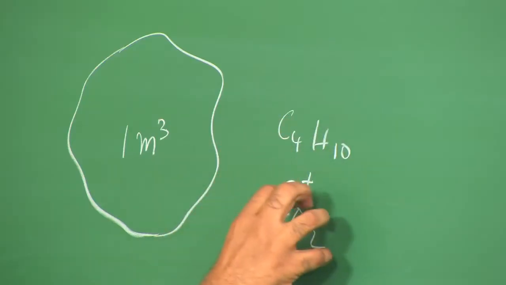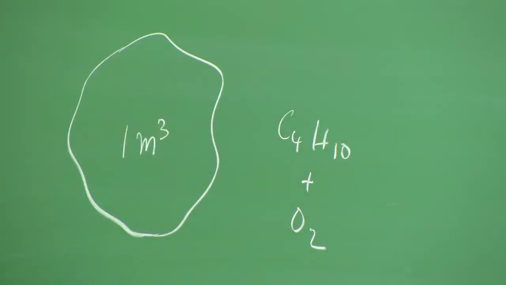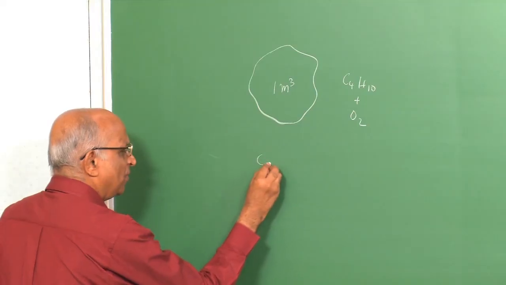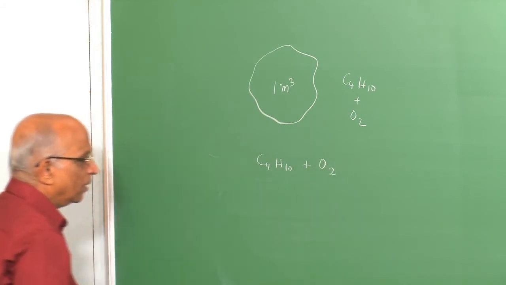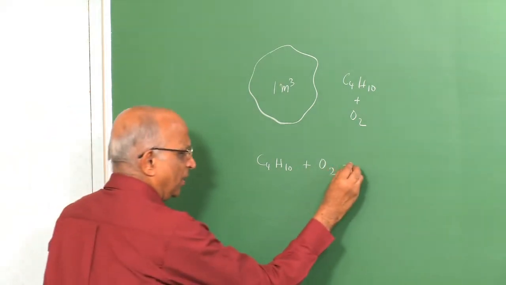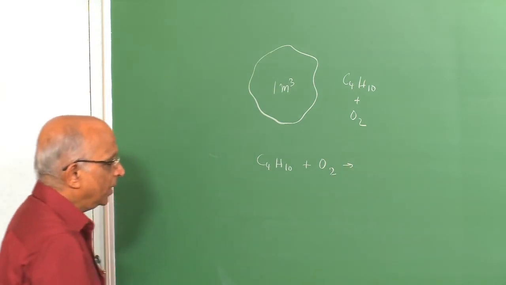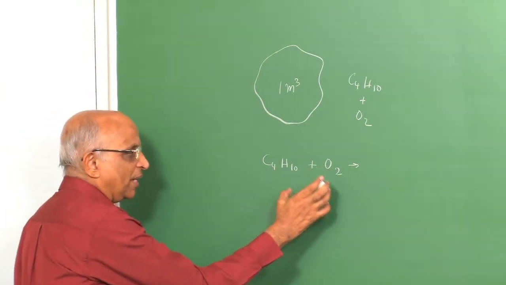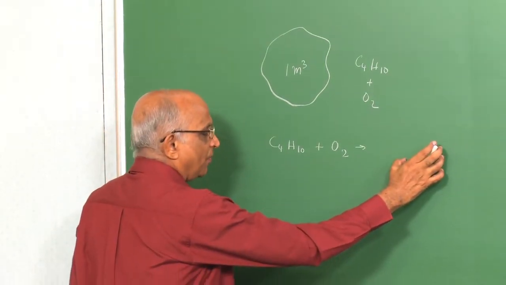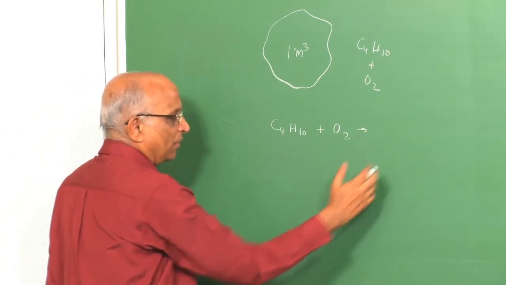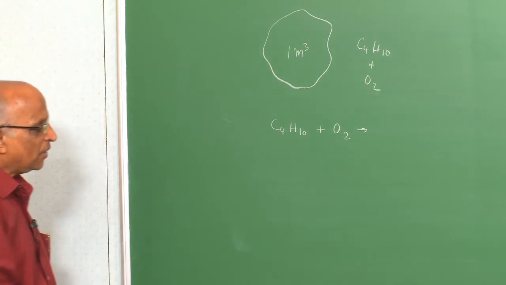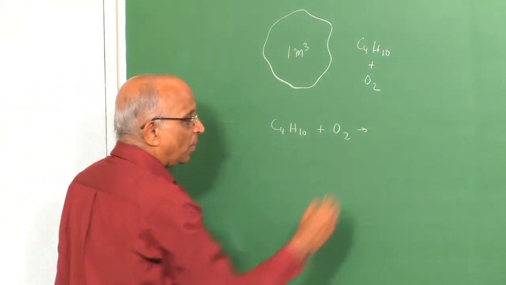An explosive is when you have fuel and oxygen mixed together, which can release some energy. We want to determine that energy. To be able to do this, we said, well, I have the fuel C4H10, which reacts with oxygen, but we do not know the products of combustion. If we know the products of combustion and we also know the reactants, we can find the heat of formation of the products and the heat of formation of the reactants, and the decrease in the heat of formation is the heat of reaction. Therefore, the first step is we must know what the products are.